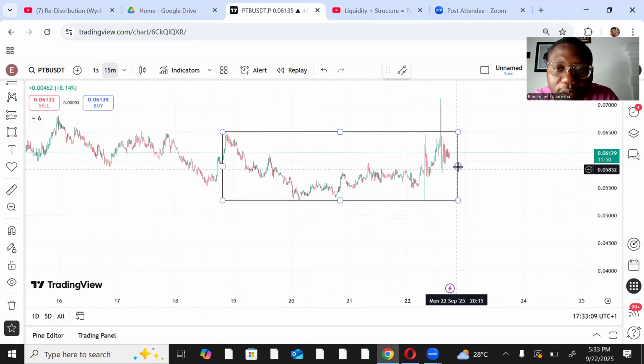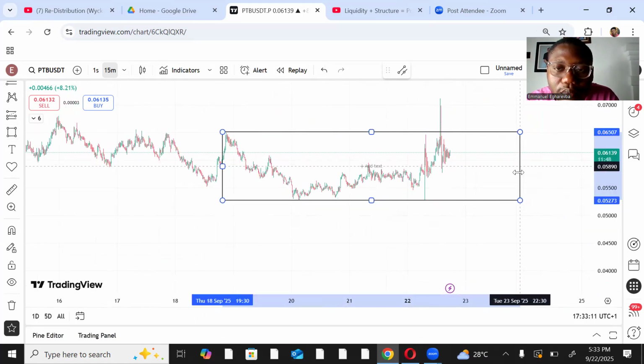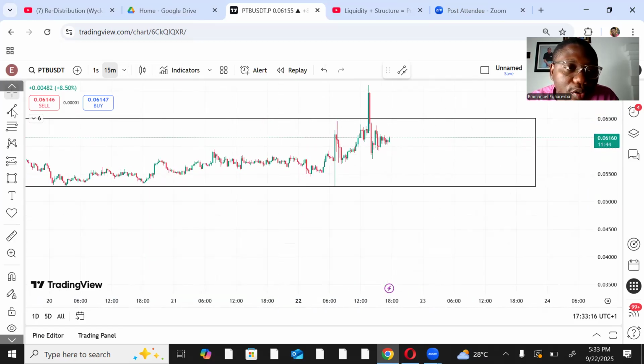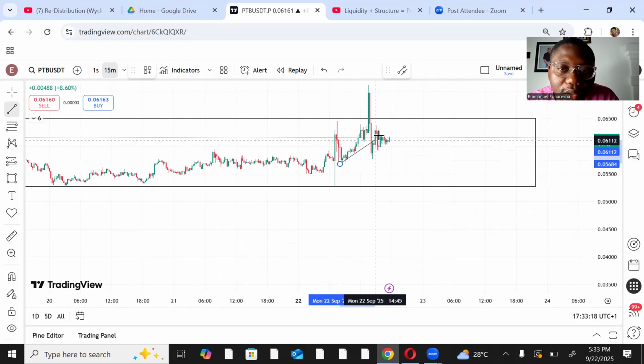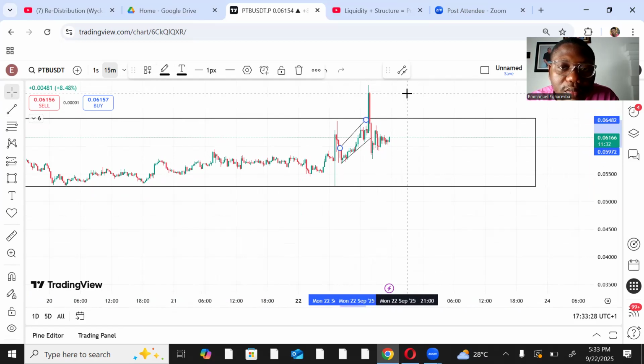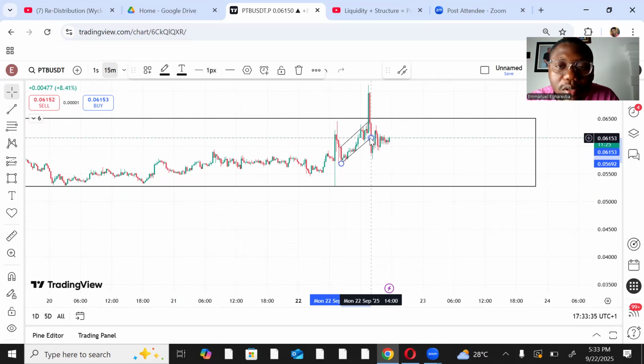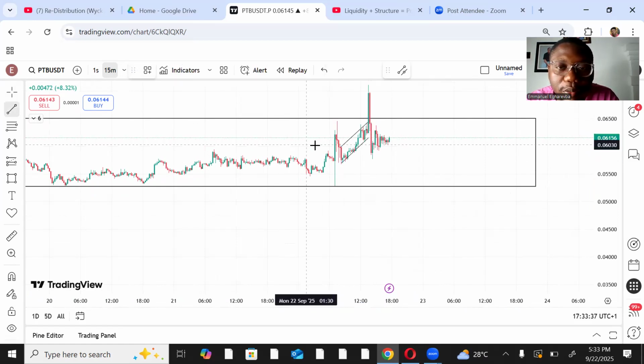Oh, yes, this was my range. And then I saw my jump across the creek, which was this here. I gave this trade to my community members as well. I'm not going to eat alone. So I got this, saw this happening, saw a break